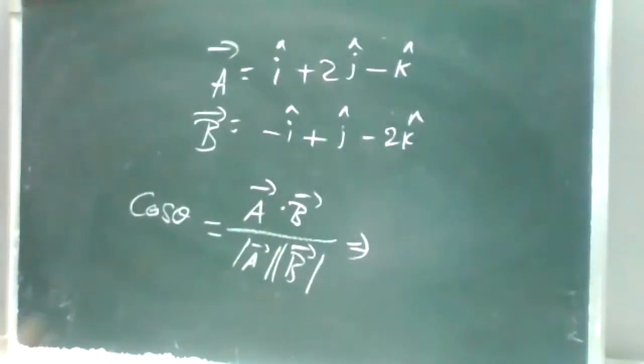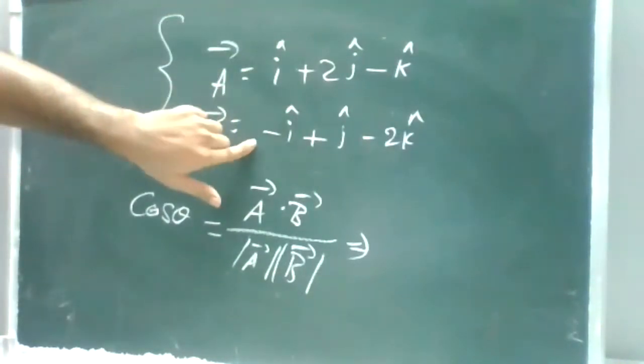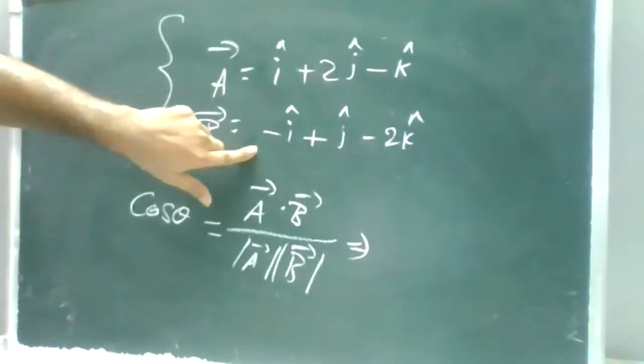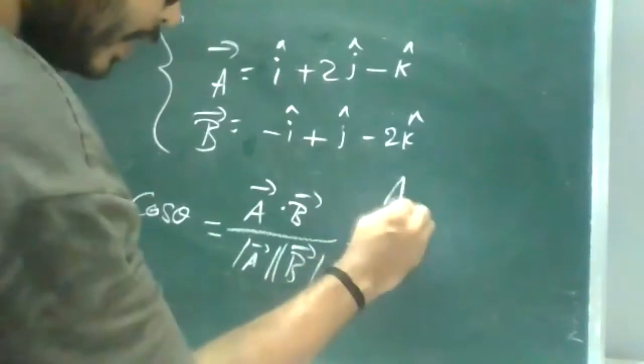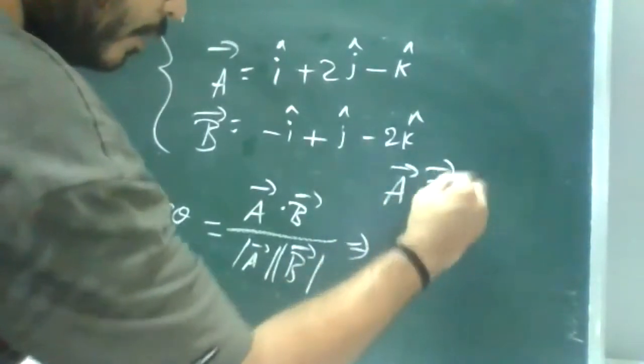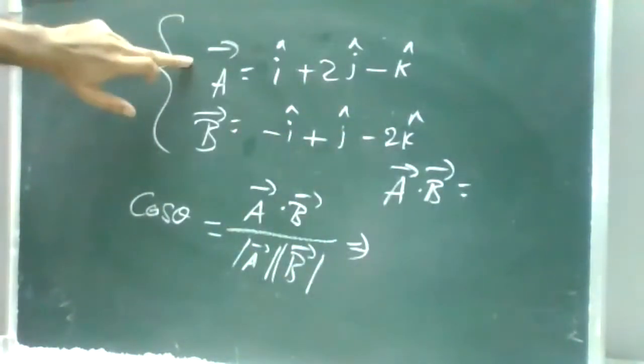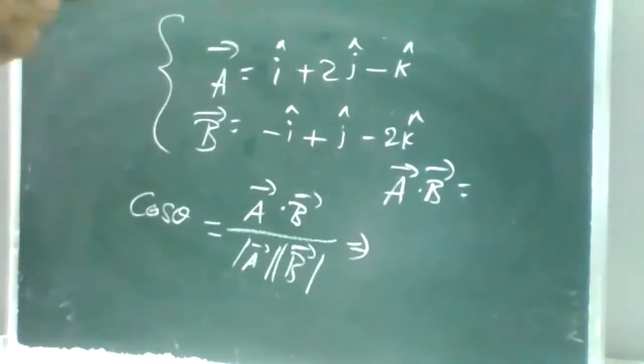Okay. So first try to find the product of these two vectors. Both are in the same direction, so it will be multiplied. It is i cap, j cap and k cap. Try to find its product, a vector dot b vector. Then individually find the square roots, that is the magnitudes.